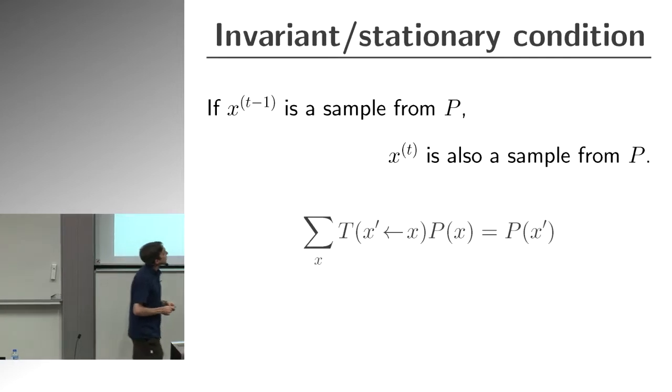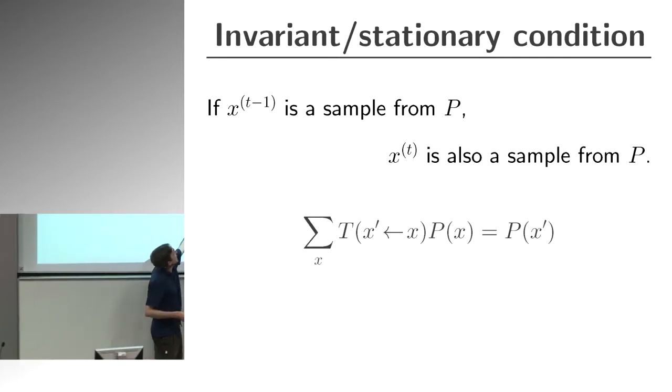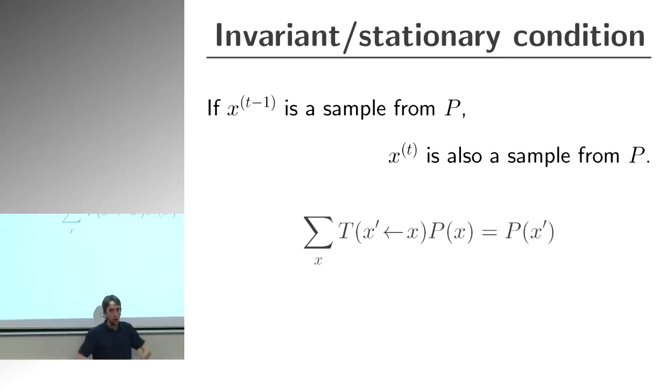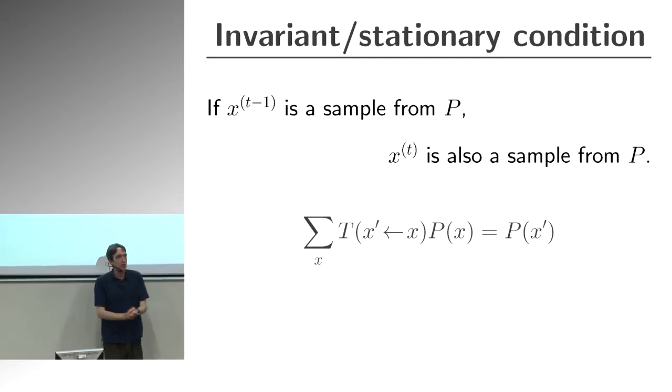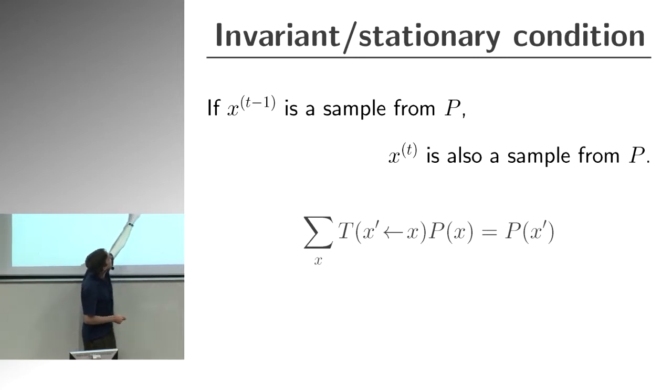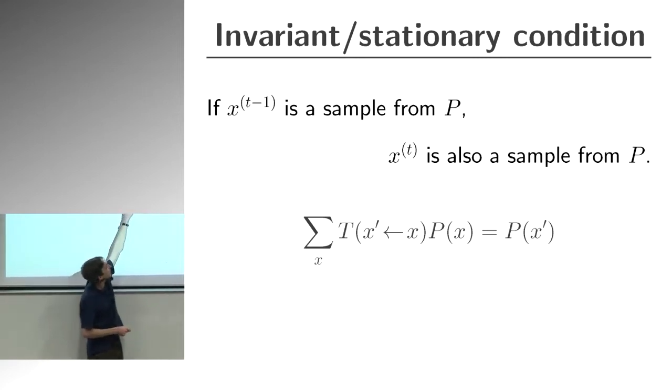And what it says is, if you draw an image x from the distribution you're interested in, P, if you had an oracle that could magically sample a whole state from the correct distribution, and then you take one step of your Markov chain process, so there's a transition probability distribution that takes you from this image to a new image x prime,